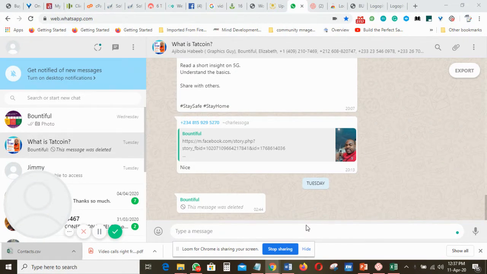Today I'll be sharing with you how to extract phone numbers from a WhatsApp group. First of all, this is for people that want to run bulk SMS and send bulk SMS to their customers, and they have a WhatsApp group or maybe they belong to a WhatsApp group and they just want to blast SMS to the phone numbers, maybe numbers that they don't even really know,